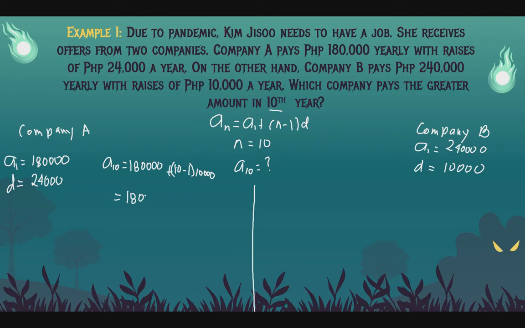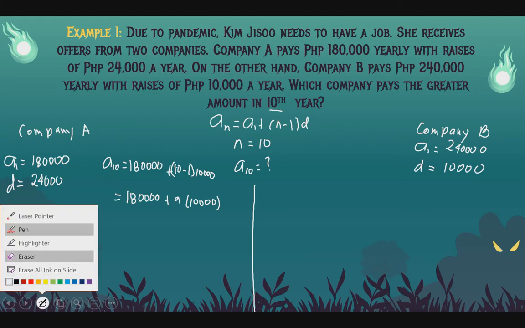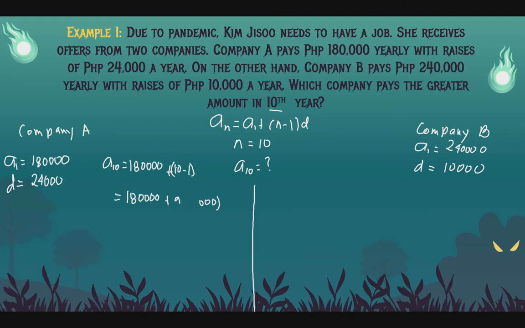So copy muna natin si 180,000, mag-minus muna tayo ng nasa parentheses, magiging 9 times 10,000 pesos. Oops, sorry. Mali. 24,000 po pala. Sorry po. Okay, now that we got it right, 9 times 24,000 is equal to